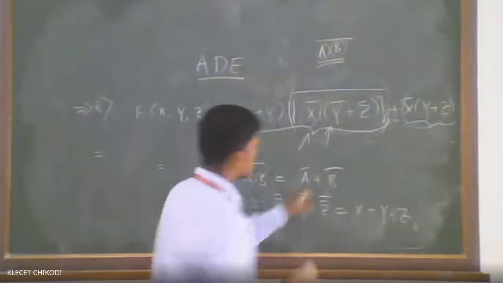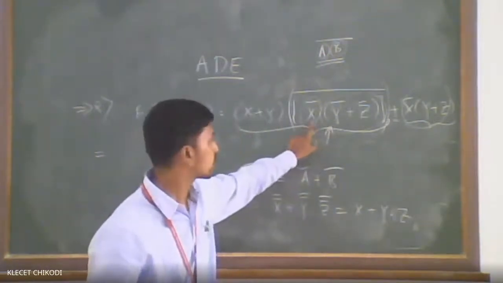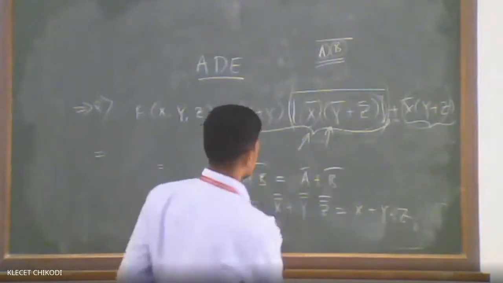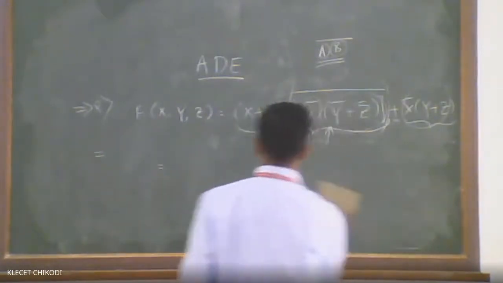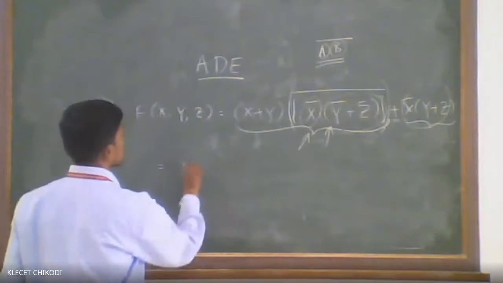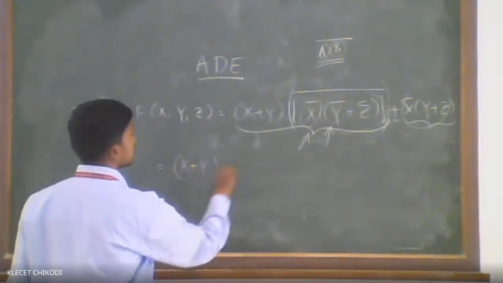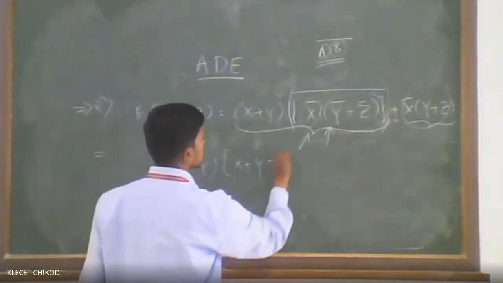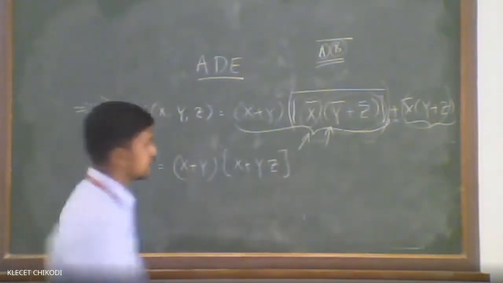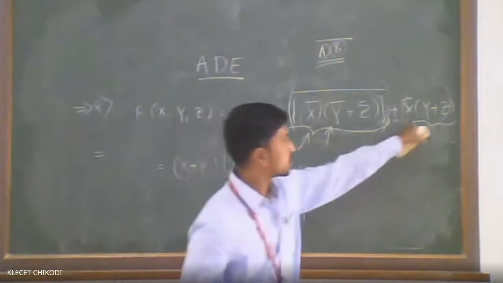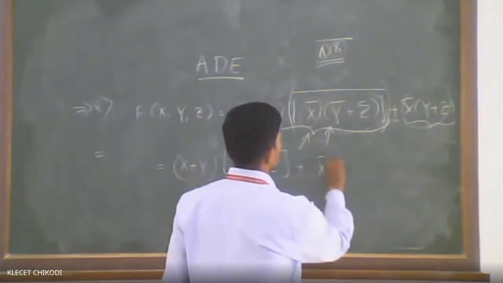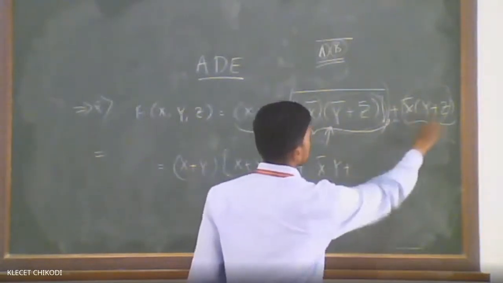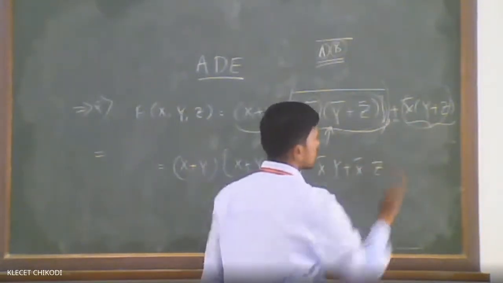So what is the solution for this one we have got here? It is x plus y into z. Now what do we do? Write the same here: x plus y. Instead of this one, what we have got, x plus y into z, plus, solve it. This will be x bar into y plus x bar into z.